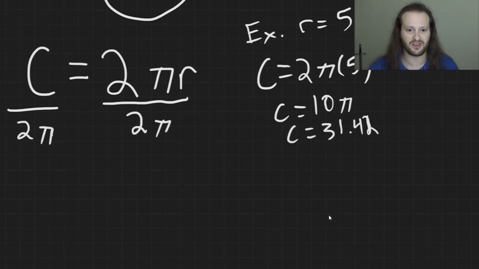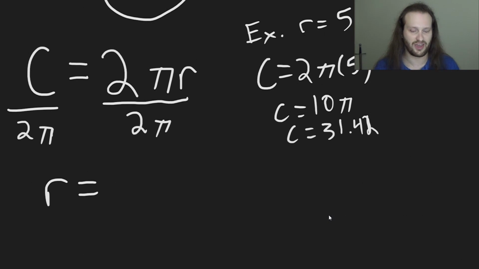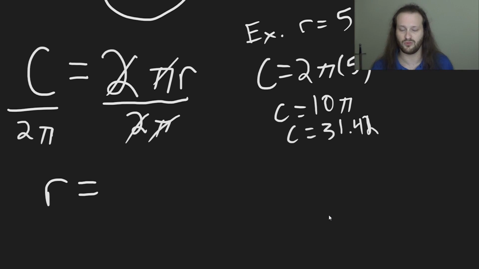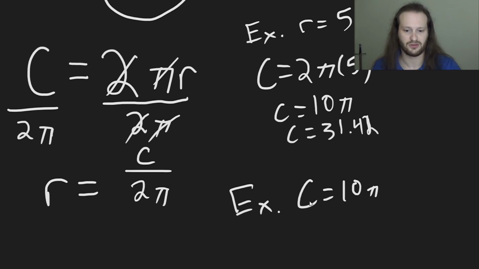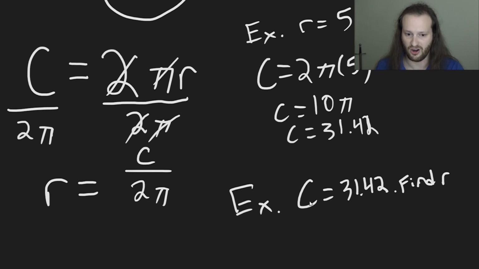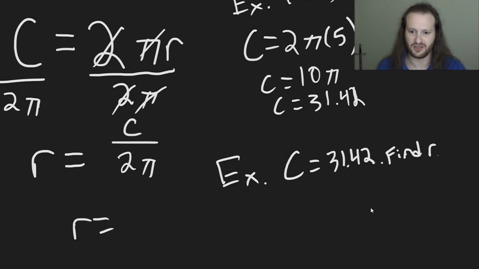But the benefit of this is knowing that once you start plugging things in, you know that it's immediately solved for the thing that you don't know. So let's say you were given the circumference, but you don't know what the radius is for whatever reason. Then here you would plug in the circumference. Circumference is 10 pi, 31.42. Find the corresponding r for that circle. C is